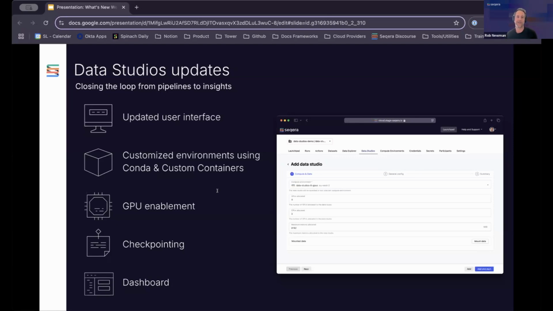One of the most requested features we've had since the start of the Data Studios project is support for customized environments. As of today, you can now specify a custom Conda environment using your own YAML file, which can be version controlled and centrally managed by your compliance or IT teams. And when added, behind the scenes, our container service Wave augments the Data Studios container, essentially building the Conda environment